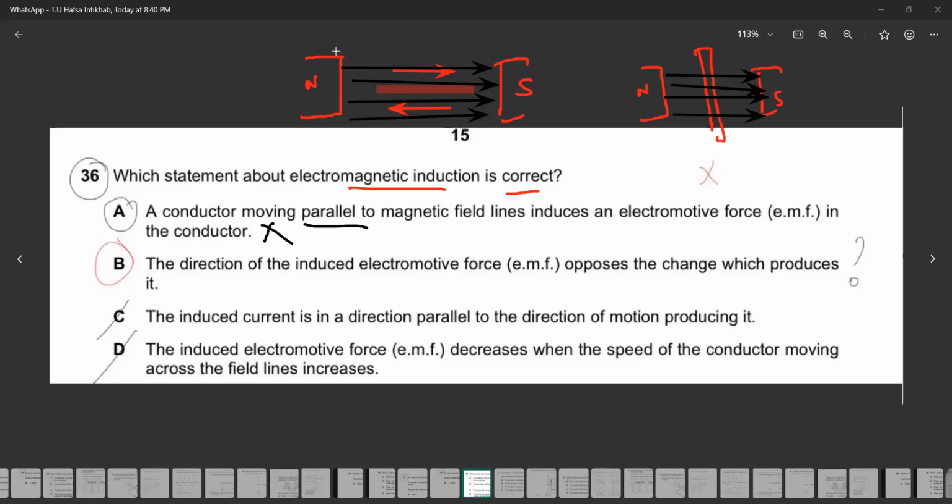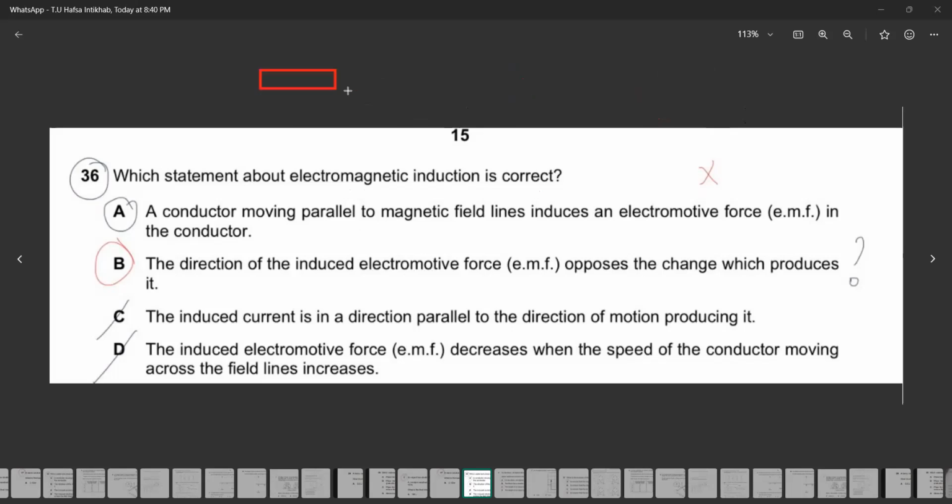Then the second one: the direction of induced EMF always opposes the change in magnetic field. That is also known as Lenz's law. Whenever there's an induced EMF, it will always oppose the change in magnetic field. For example, you have a solenoid